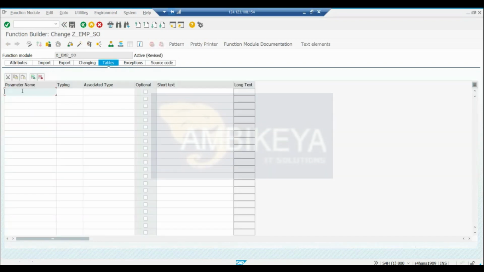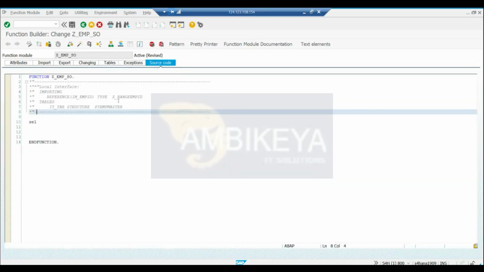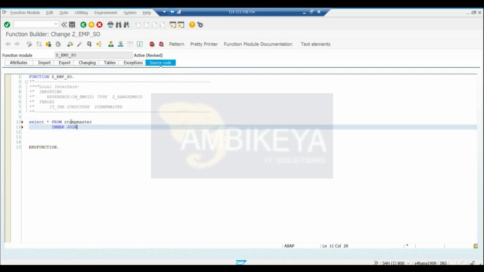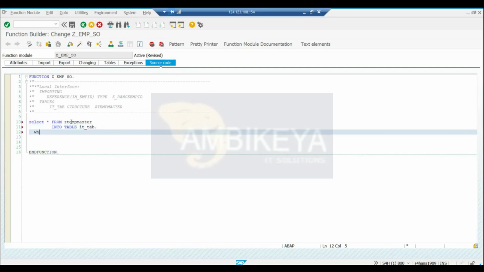In tables, I'm going to write IT_tab type like GT_EMP master. Okay. So here: select star from GT_EMP master into table IT_tab where employee ID you are going to give equal to